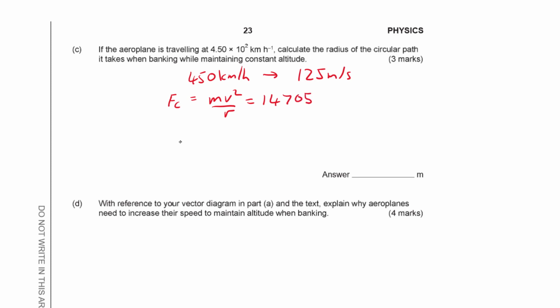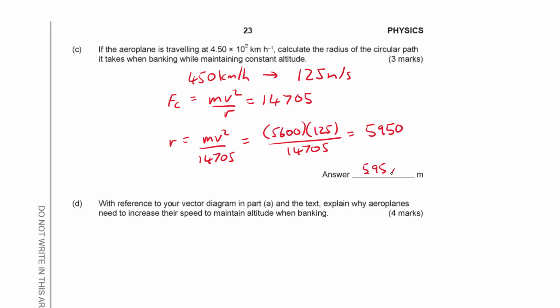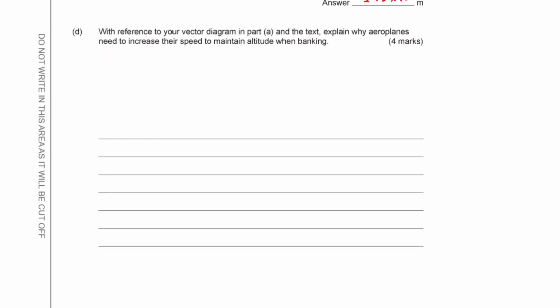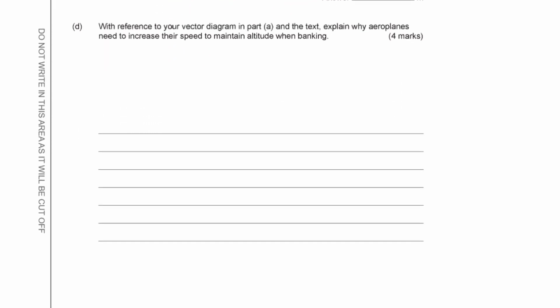So now rearrange that, we get r is equal to mv squared on 14705. Sub in the values, you end up with 5,950. So 5.95 times 10 to the 3 meters. Okay. Question D is asking you to do a bit of explaining, and it gives you a bit of space above. So it's asking you to explain why you would need to increase the speed if you're going to maintain